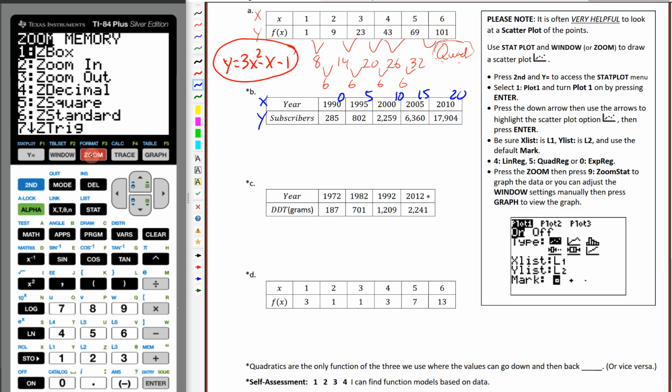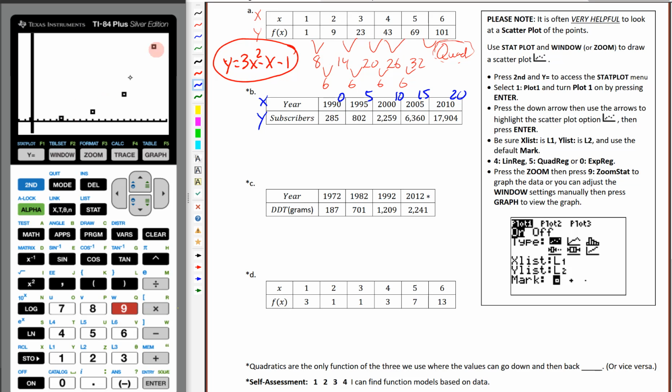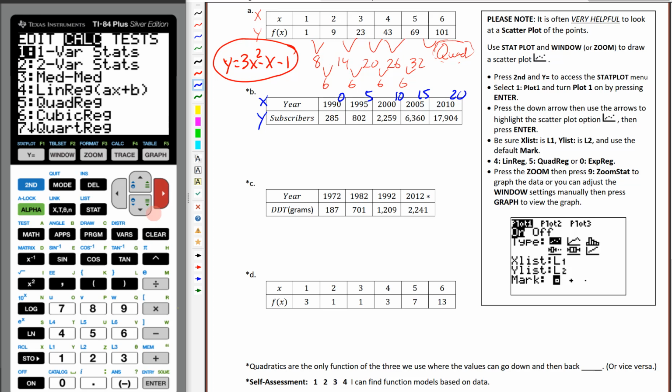And I'm going to hit zoom. And then remember, if we just hit number 9, there we go. It looks like this. Well, that sure looks like an exponential. It looks like it's going up really quickly right here. So we're just going to rely on the fact that that's going to be exponential, besides the fact that it looks like we're multiplying by 3 every single time. So probably exponential. So let's go into Stat and Calculate, and we think it's an exponential